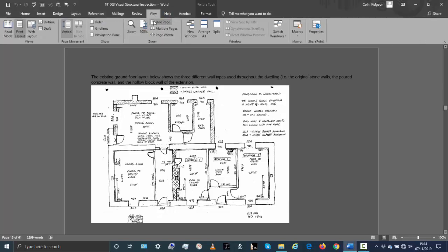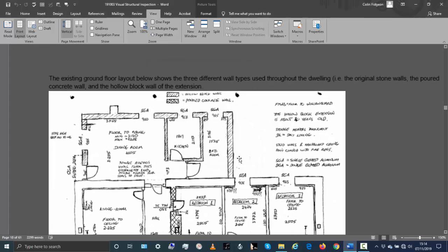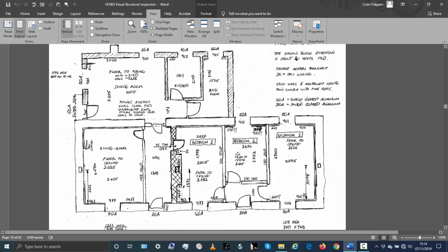I'll just zoom in a little bit closer here. I'll zoom in to about 150. Okay. So this wall here is 105 stud. All of these walls between the bedrooms are stud work as well. But this wall here is actually poured concrete, and this was probably done sometime around the 1950s, where